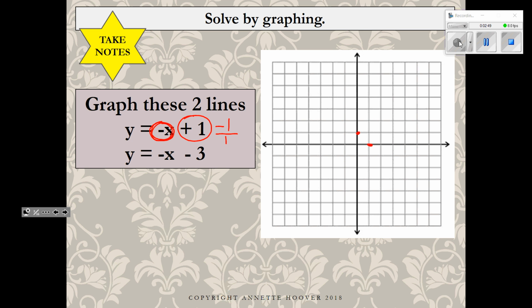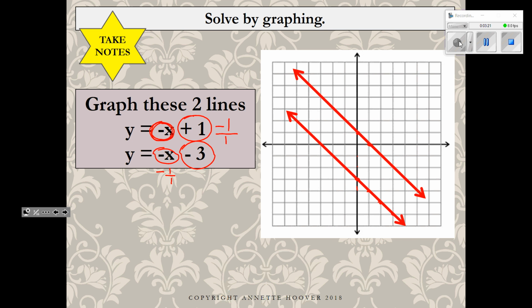And there's another point for us, and we could do a continual slope, down 1 to the right 1, down 1 to the right 1, down 1 to the right 1. And you can see where that line is going to be, right there. For the second line, the y-intercept is negative 3. 1, 2, 3. From there, again, we have the same slope, negative 1 over 1. So go down 1 to the right 1, down 1 to the right 1. Now, because these two lines had the same slope,